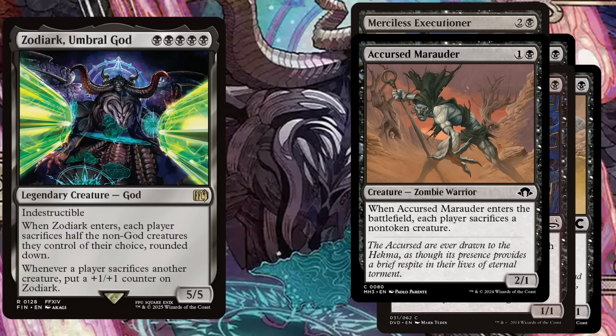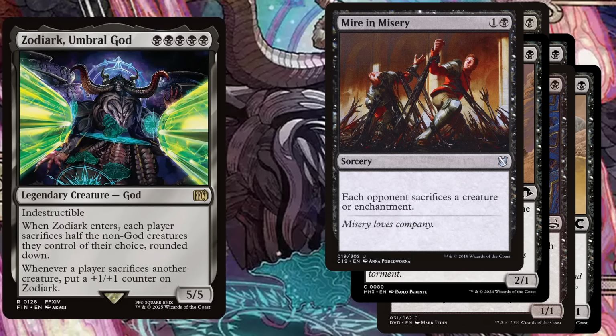As you know from all of my other deck tech videos, I play a bunch of instant speed edict effects, but a card that I definitely want to mention more is Mind in Misery, especially in mono black decks. Simply because it is a 2 mana sorcery and each opponent sacrifices a creature or enchantment, which is a very powerful and helpful card in mono black decks, simply because it is very hard for mono black decks to handle